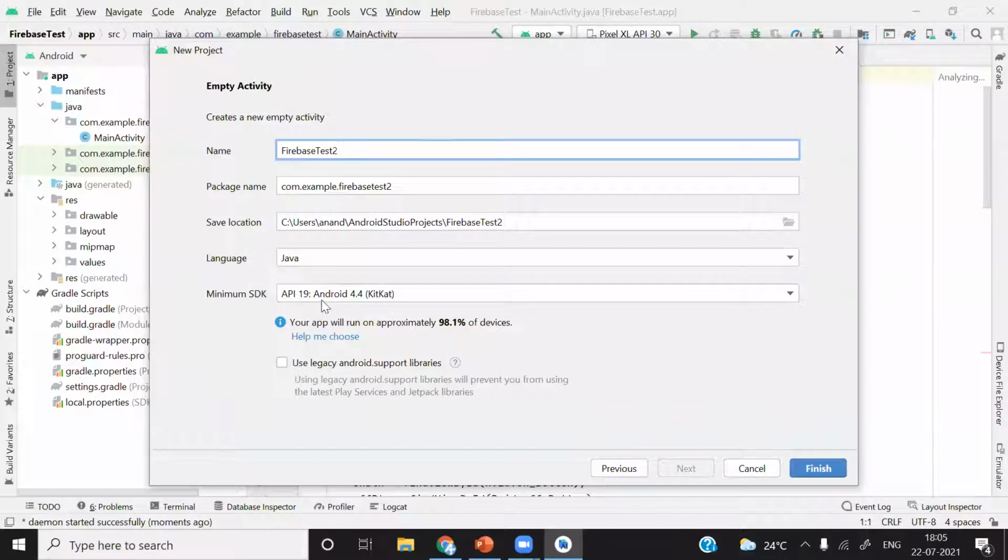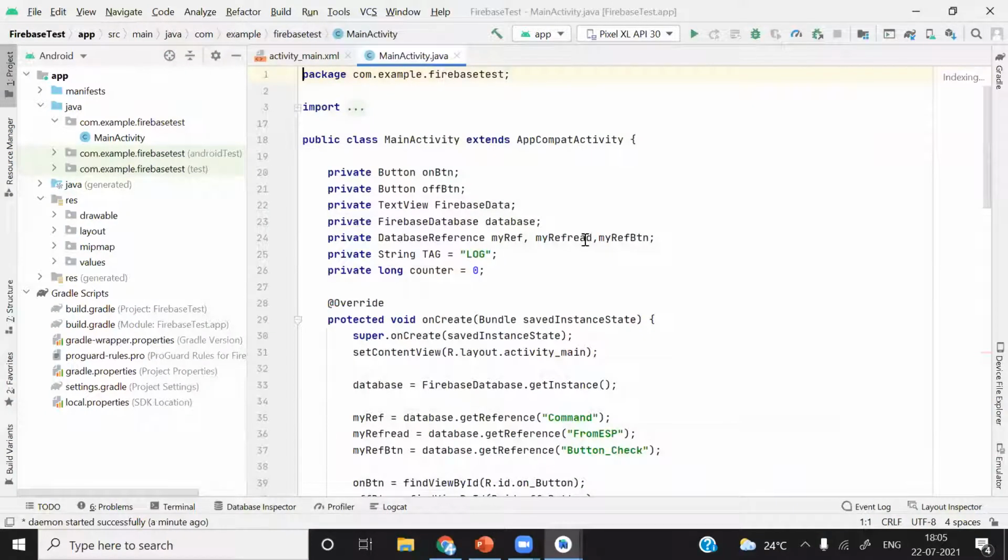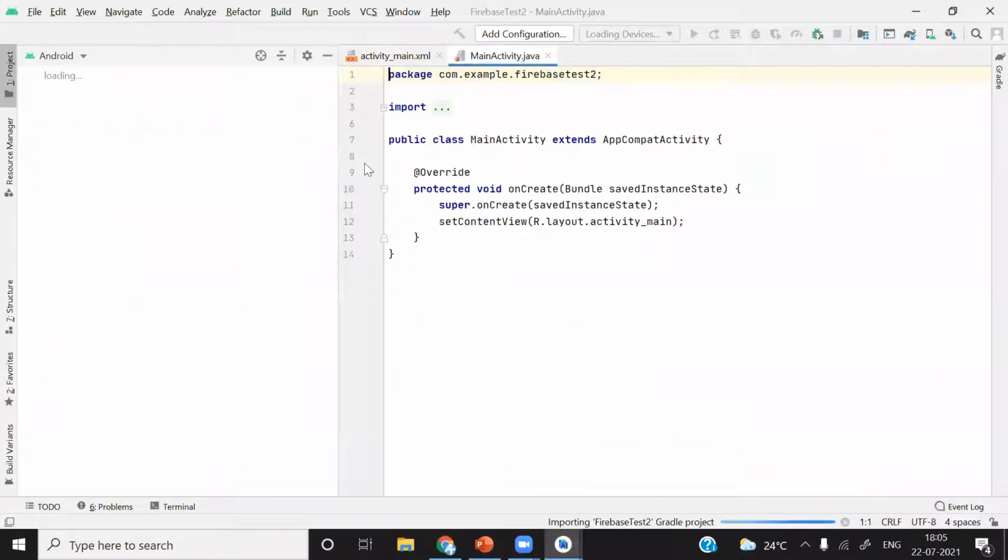Keep the API level as it is by default so that maximum devices can run our application. Language is Java, and everything you just have to set default. Just click on finish now. Okay, we have created this new project.